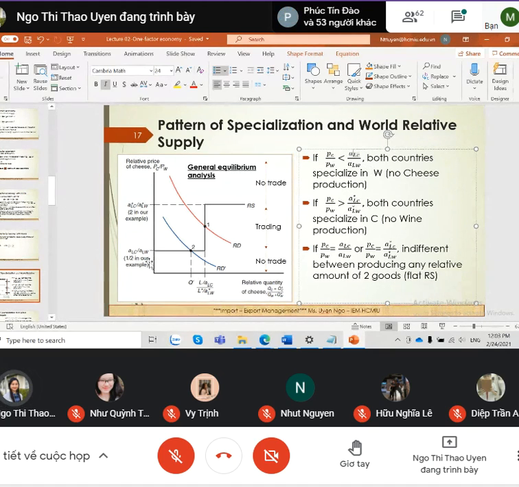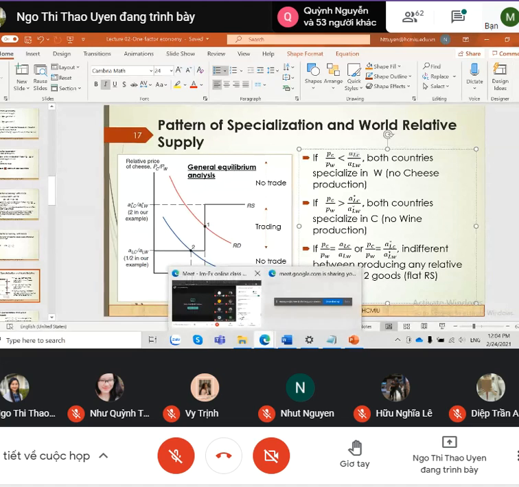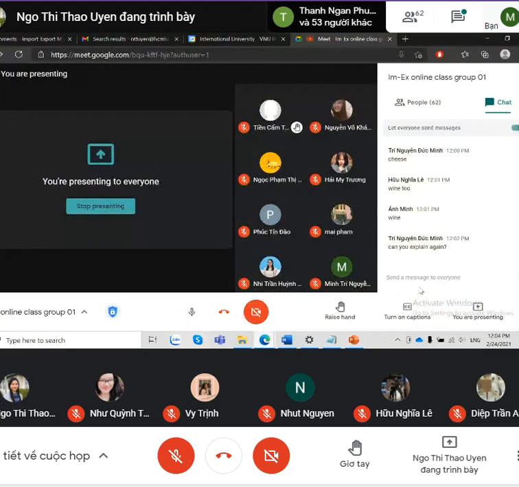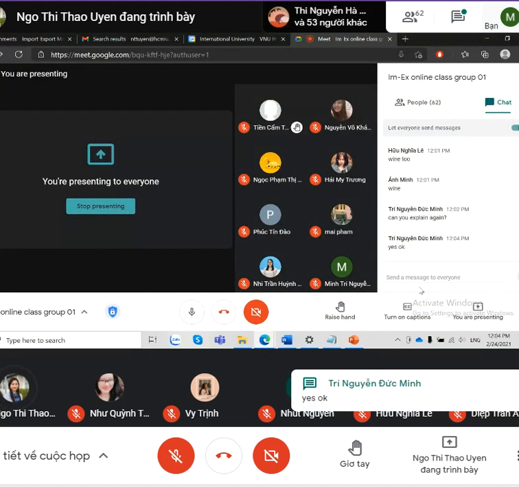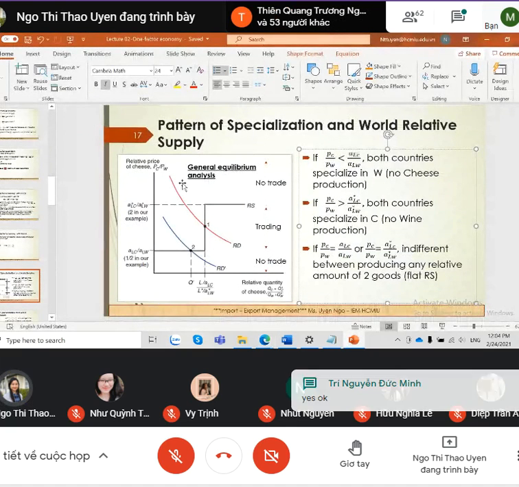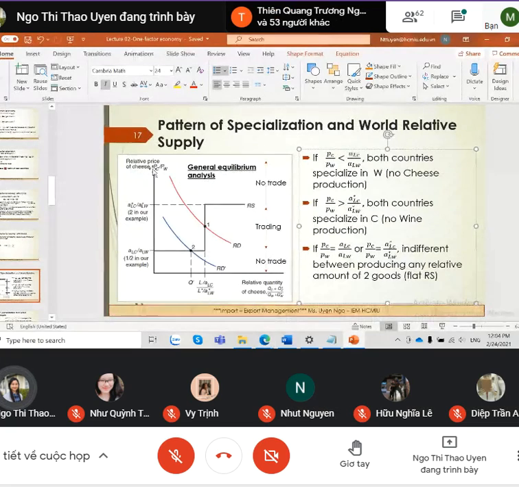So when the relative price is here, there is no cheese production and no trade as well, because we have only one product. Is it okay, everyone? Okay. So if the relative price of cheese is up here,